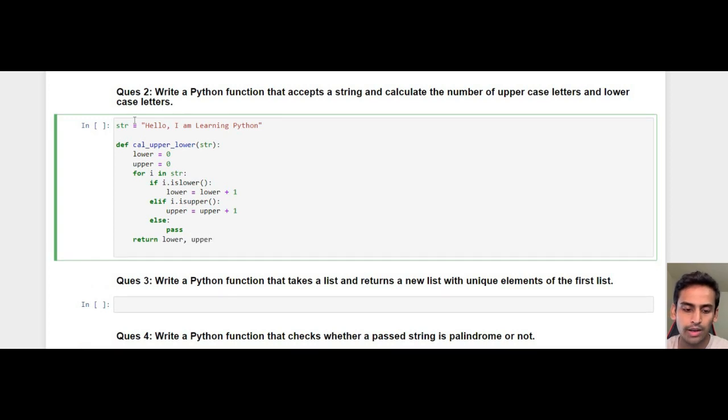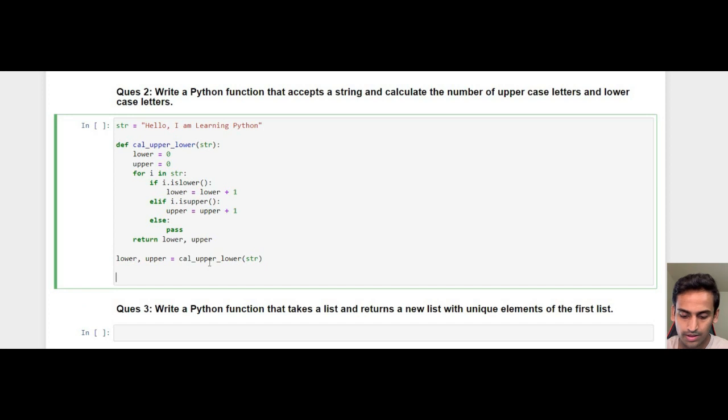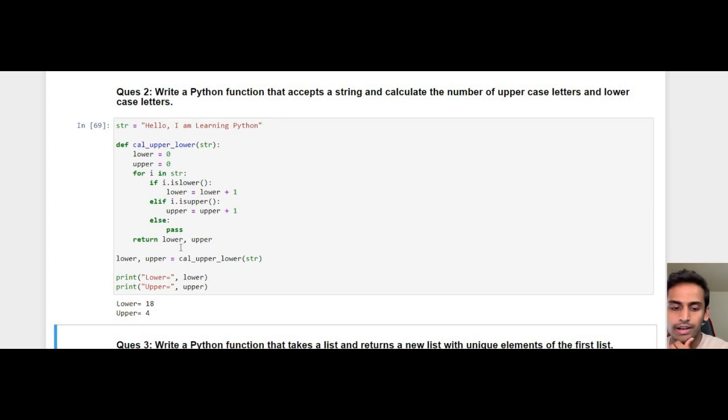So these are the two variables which are basically calculating the count of lowercase and uppercase. And let's say, comma, and then we are calling this function, and the string we are passing is this one. And let's say I'm printing lower equal to lower, then print upper equal to upper. And when I run this command, it's telling me that, hey, there are 18 lowercase alphabets